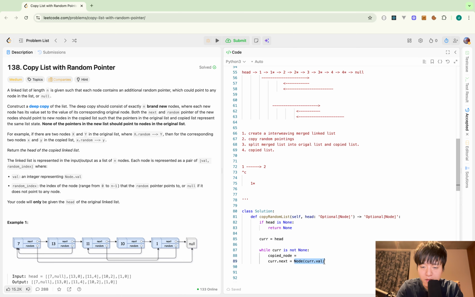Let me name it. In this way, current.next should be pointing to the copied node, and copied node.next should be pointing to current.next, but current.next is already the copied node. What should I do? Maybe I should do copied node.next should be current.next firstly, so copied 1 is pointing to original 2, and then original 1 should be pointing to copied 1. Yeah, in this way. So now I've inserted 1, 1 copy, then 2,